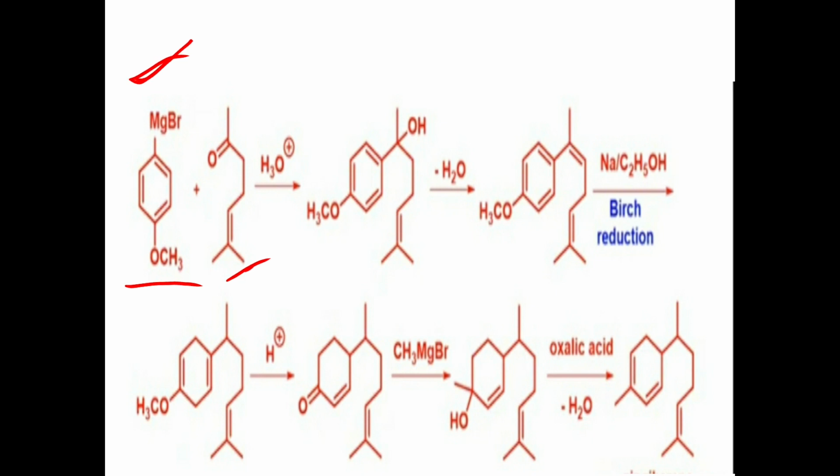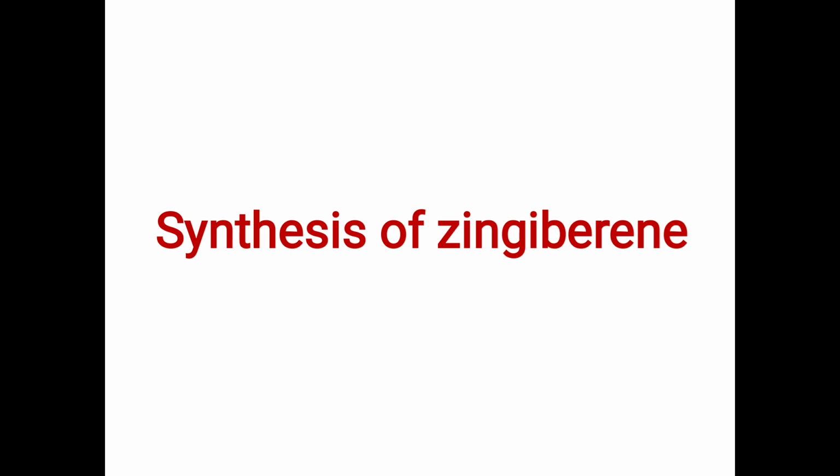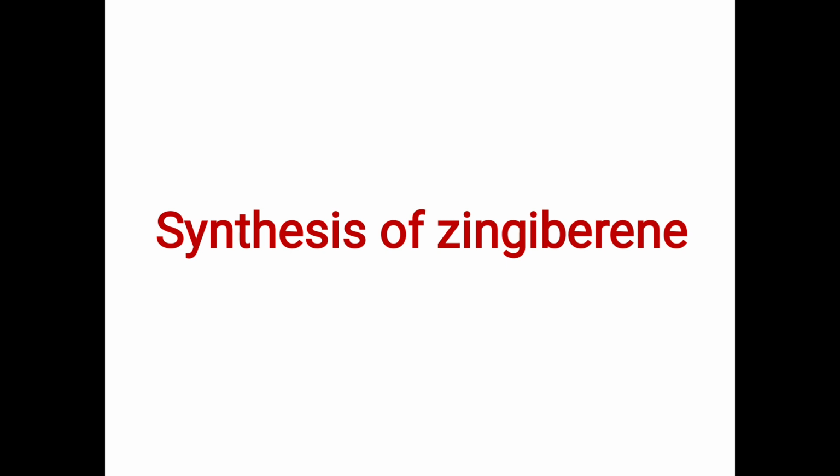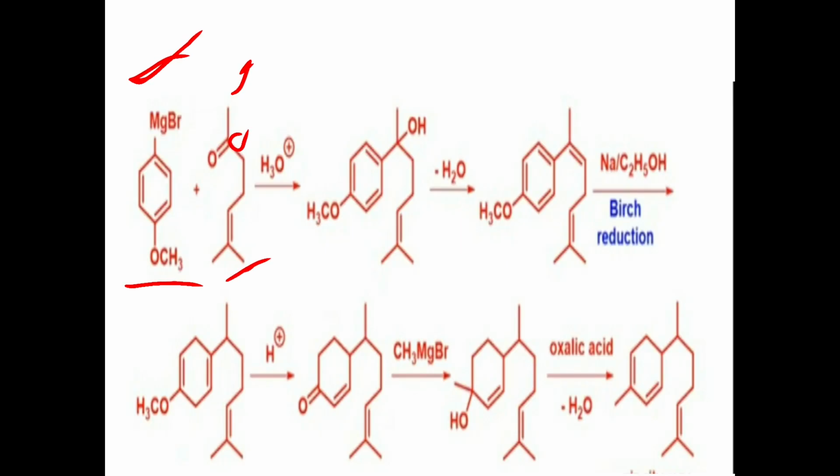So, this is a Grignard reagent and this is a carbonyl compound. So, the reaction between these two is a Grignard reaction. The paramethoxyphenyl carbanion formed from Grignard reagent is a nucleophile and attacks the carbonyl carbon and forms a bond with the carbonyl carbon. As a result, the carbonyl oxygen is converted into a hydroxy group,